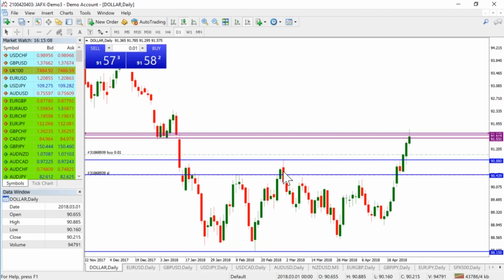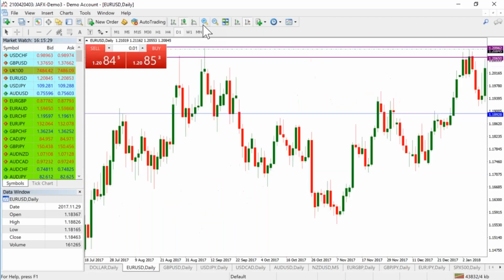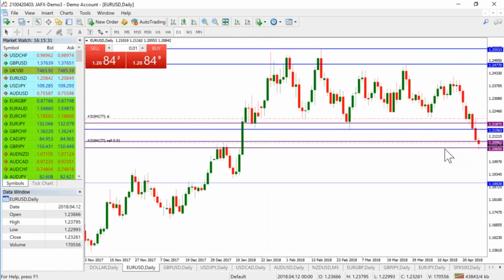Let me show you something that's quite interesting, well, I hope you agree anyway. Look at this high back at the beginning of March. The high is the 90.88. We signify it with a blue line, which means it's a significant level of resistance. So we had that break 3 days ago, and that became a no-brainer opportunity to buy this market.